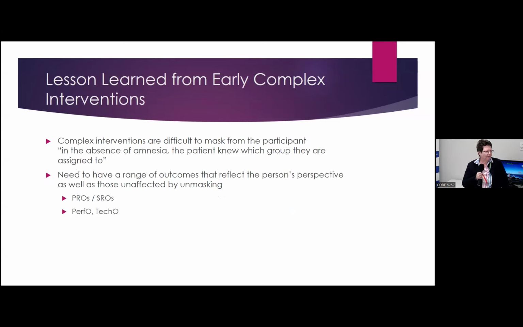So you have to have something that is a 6-minute walk test, step count, something that is not affected because the person knew what group they were in. So no place like home, the person knew they were in the control group because they didn't go home. And when they got home, they had nothing and they were mad at us and they scored everything badly, or they couldn't. So you need to have the PROs and the SROs, but you also need to have some sort